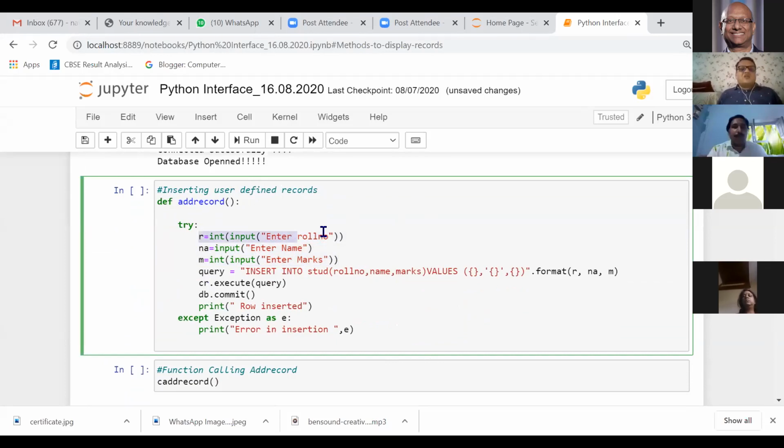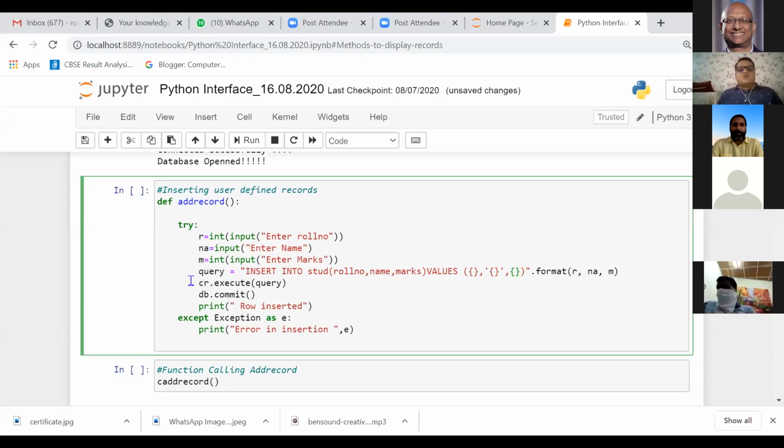I have asked the user to enter the roll number, name, and marks, and created a string saying insert into student, with the column names in brackets. Again I use the format function: R will be replaced with the first curly braces, NA with the second, and M with the third.